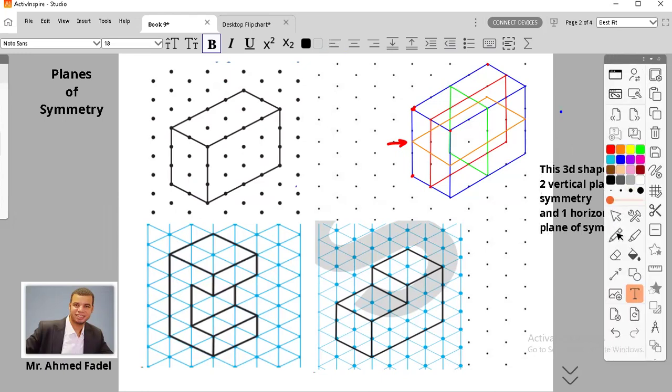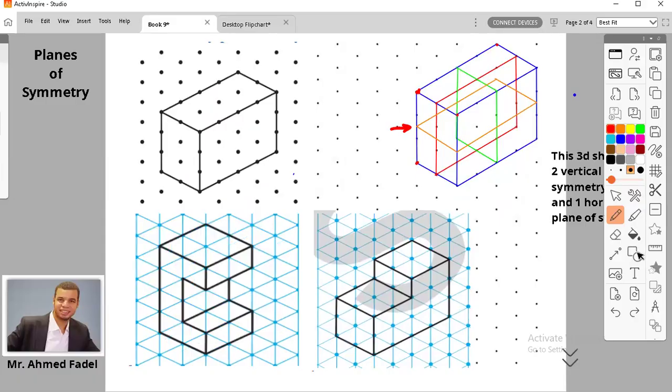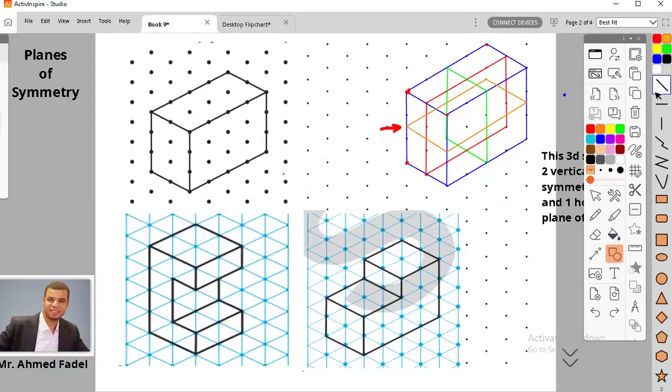Okay, let's continue. With the coming shapes, if you need to copy or draw them, you follow exactly the same steps to copy or draw the following 3D shapes. But we're going to start with drawing the planes of symmetry right away. So let me choose the color red, and then I start. This 3D shape,